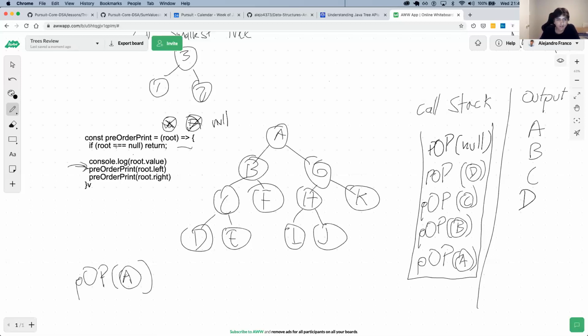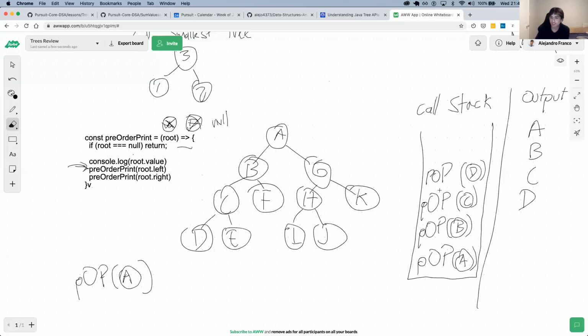And then root triple equals null, true, return. What that does is it removes this call from the stack, because now our function returns in that case.